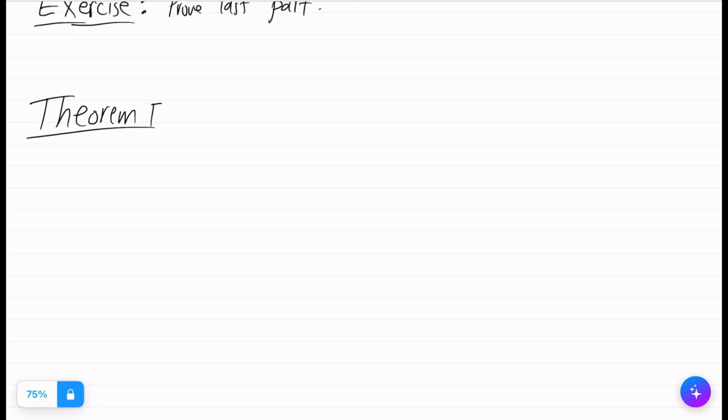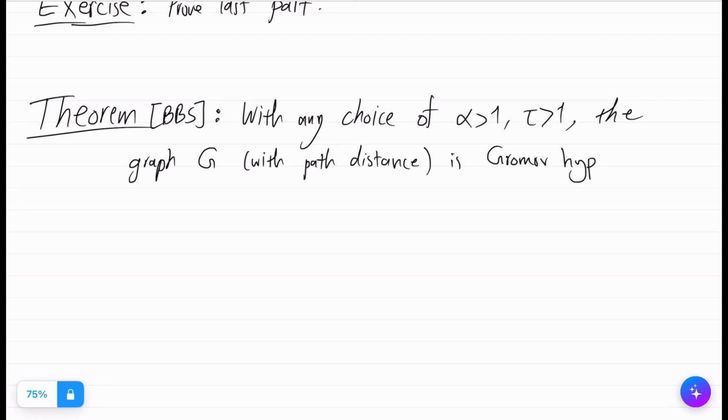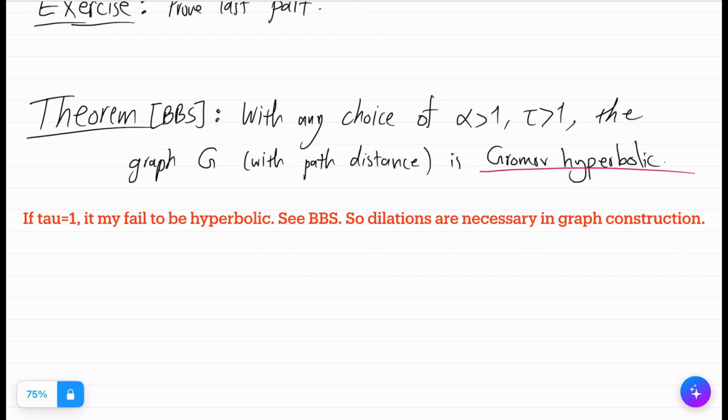Theorem, again, I refer to the Bjorn Shammeglingem paper for a proof. With any choice of alpha bigger than 1, tau bigger than 1, just to emphasize, the graph G with path distance is Gromov hyperbolic. So we had explained why it's called filling, and now we know why it's called hyperbolic filling, because it is a hyperbolic space. I'm not going to go into details of what Gromov spaces are, therefore I won't give a proof of this theorem either,